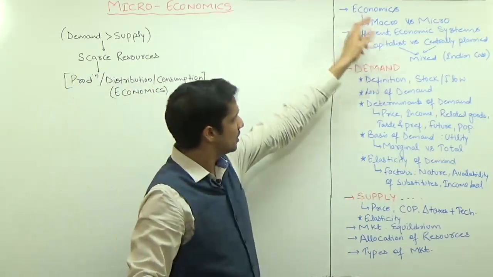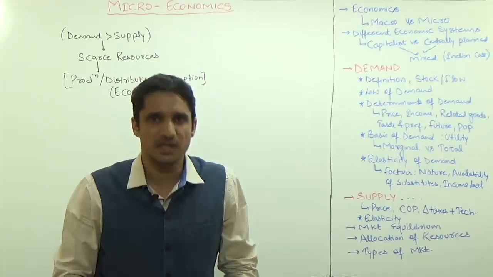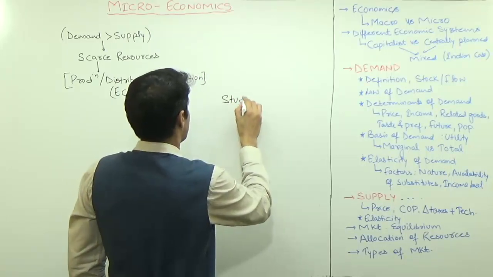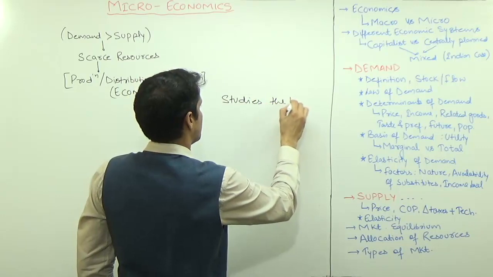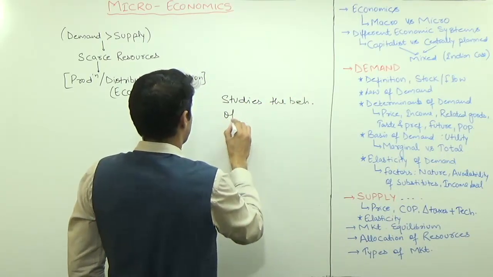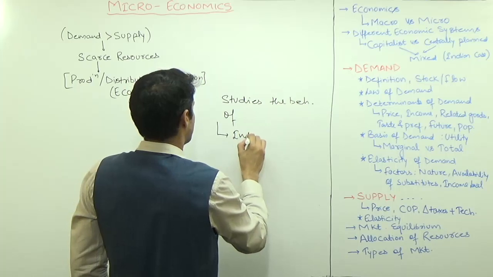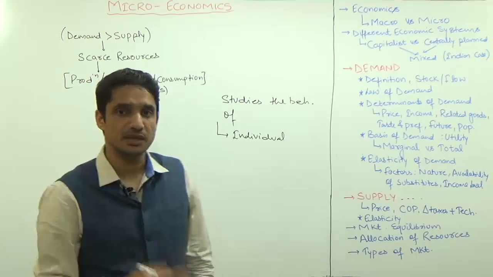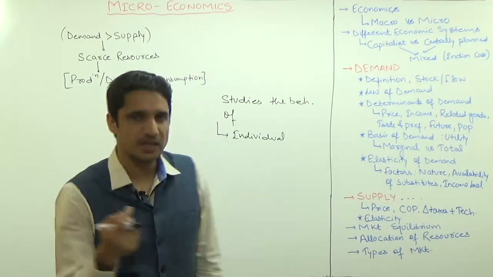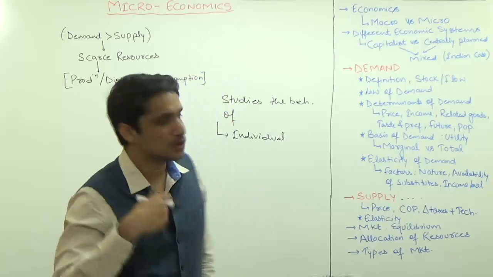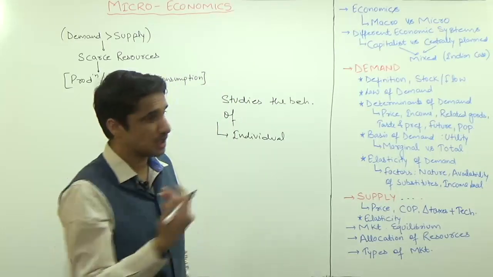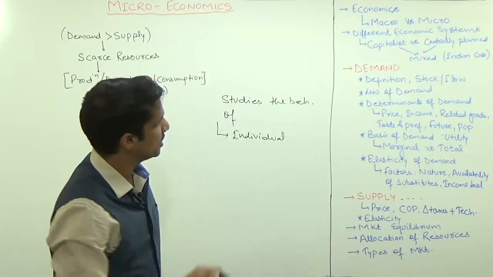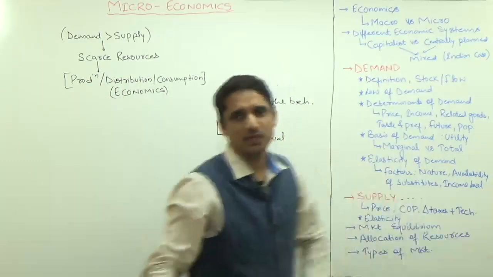Now economics has been further divided into macroeconomics and microeconomics. Microeconomics means you study the behavior of an individual unit, a single unit. For example, your and my salary, the output of an individual firm, your total income, my total income, so in all these you are studying the behavior of an individual unit. So if your focus is an individual unit, then that is known as microeconomics.